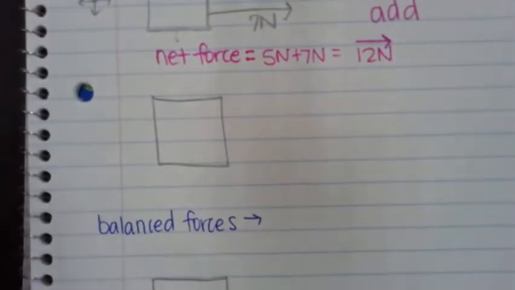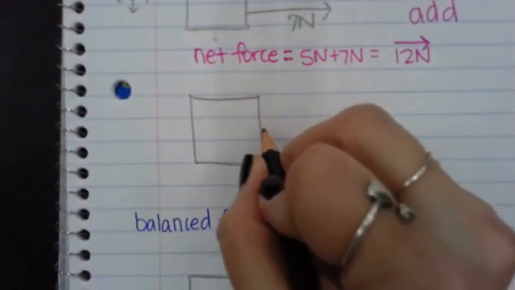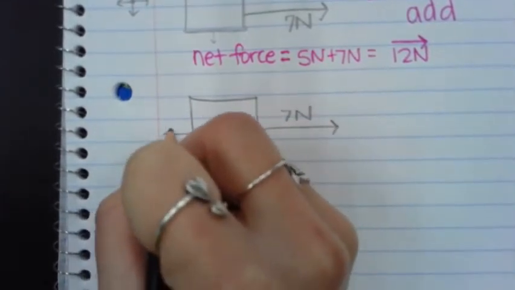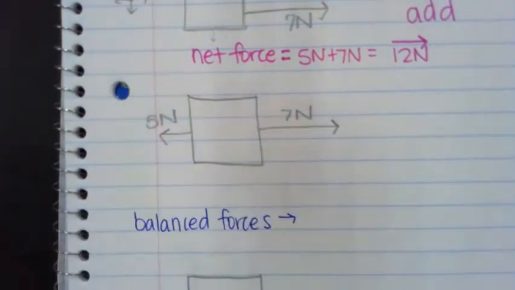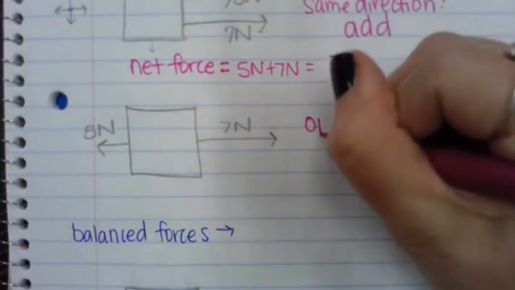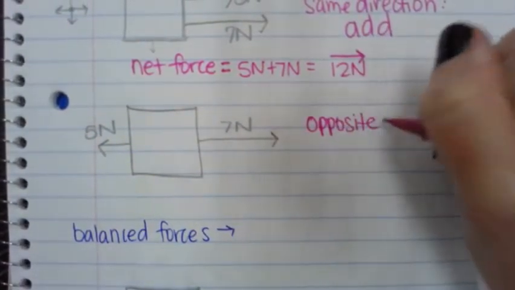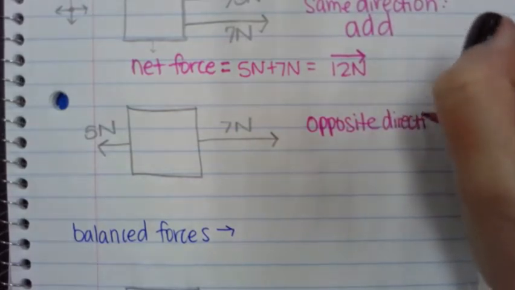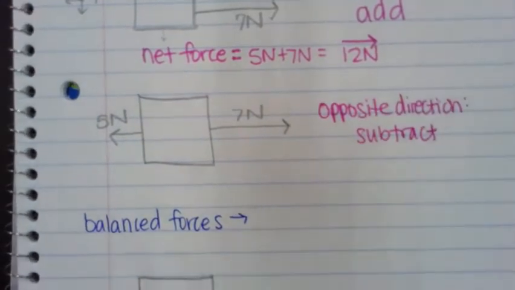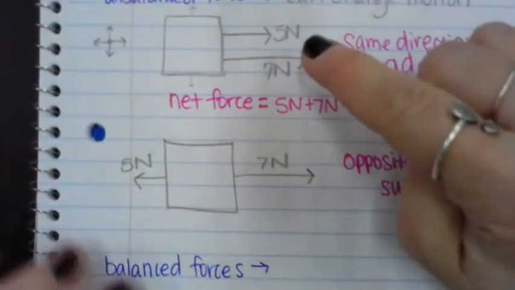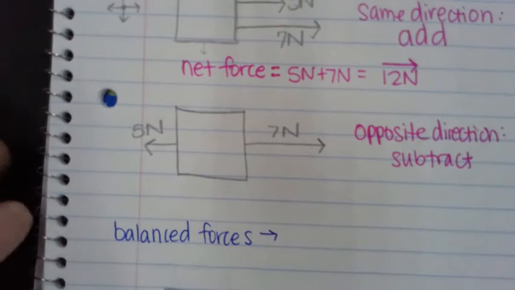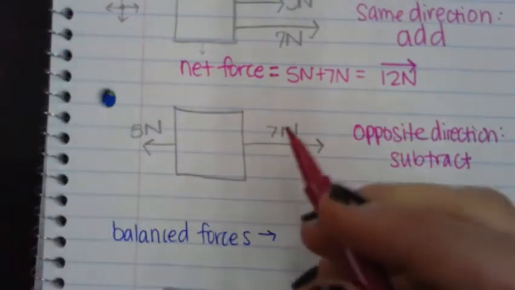Let's look at my next example of an unbalanced force. These two forces are going to act in opposite directions. I'm pulling with 7 newtons to the right, and we'll pull with 5 newtons to the left. When forces are acting in opposite directions, guess what we do? Just like our displacement, we're going to then subtract these. So these are acting in the exact same direction or 180 degrees apart. So my net force